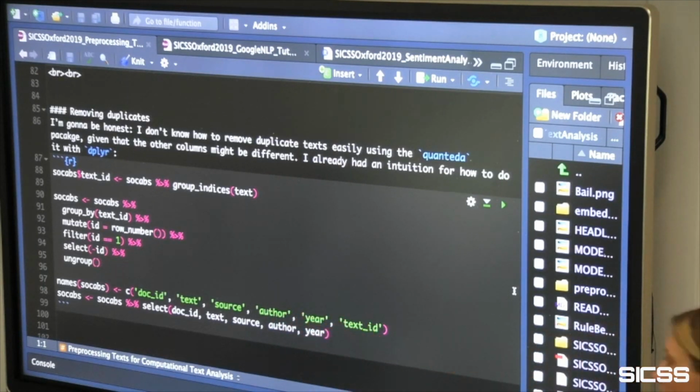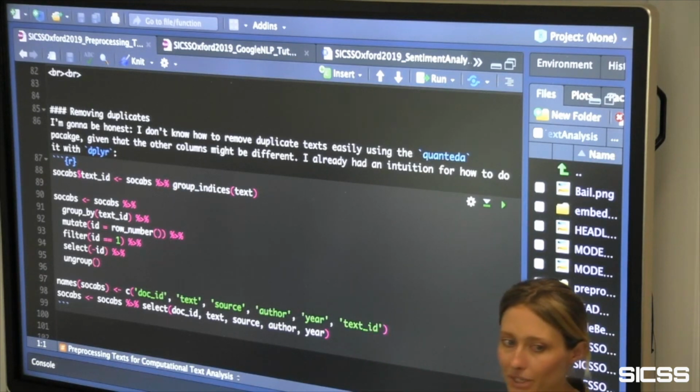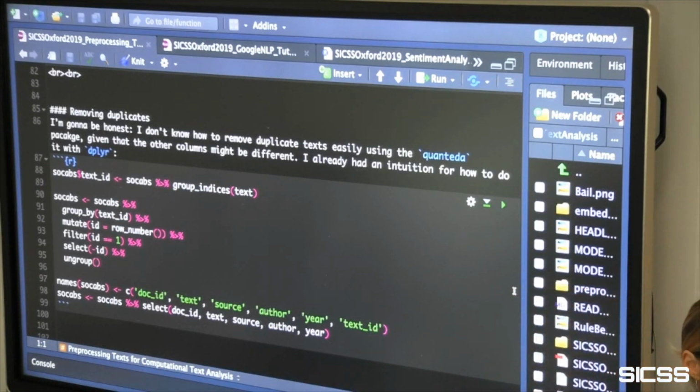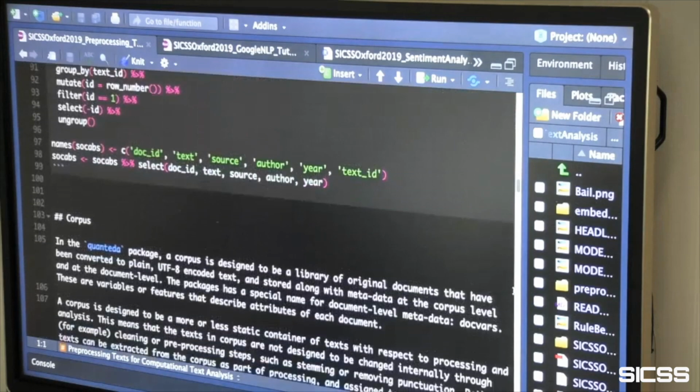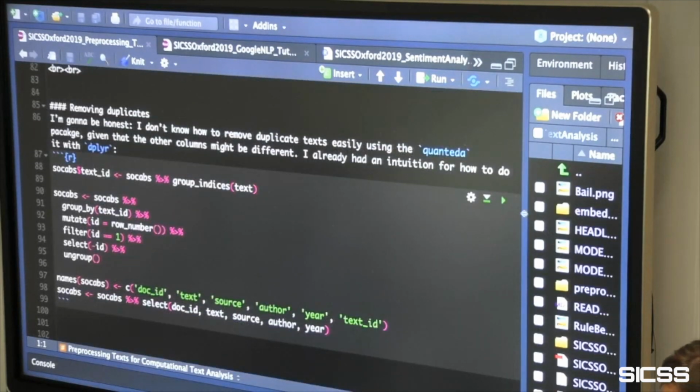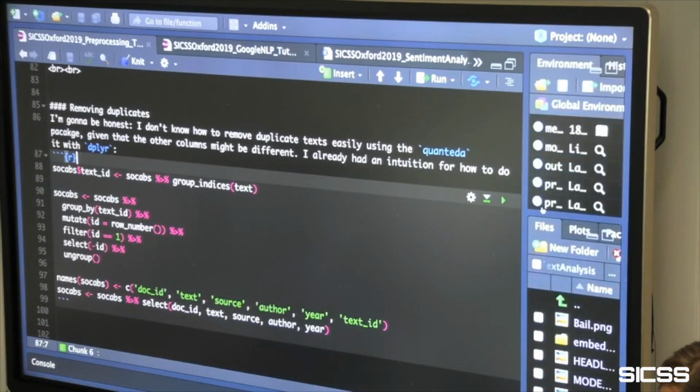If we want to explain it further, I'm happy to. But this is one way that you could remove multiple texts if the other metadata about that text was different. Might be risky, though, because maybe that metadata is really where the important difference lies. But let's run that. I don't think for this particular corpus there were any duplicates, but I definitely have duplicates